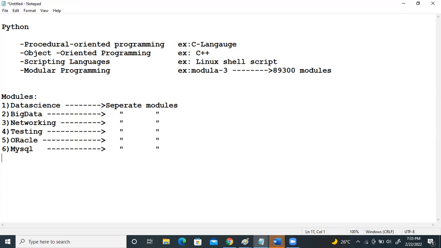Later we will discuss those modules. Even for SQL Server, any kind of database, we have a module called PyODBC. Separate modules Python provides for various domains like that. For working with Excel files, creating an Excel workbook, writing data into it, and reading data from it, we have modules like xlrd and XlsxWriter available for creating Excel files and workbooks,